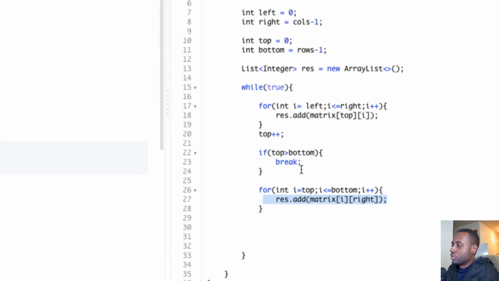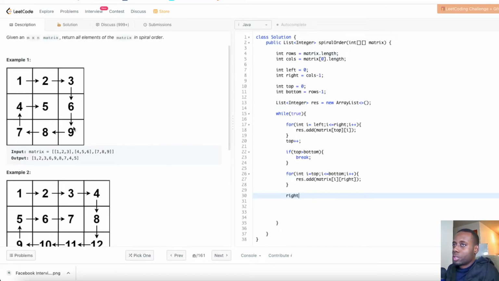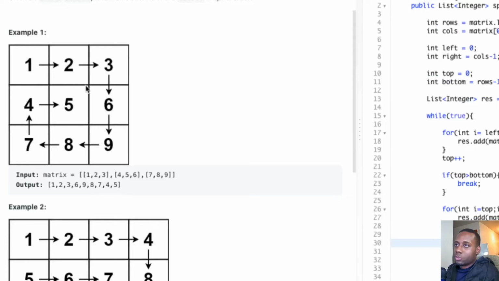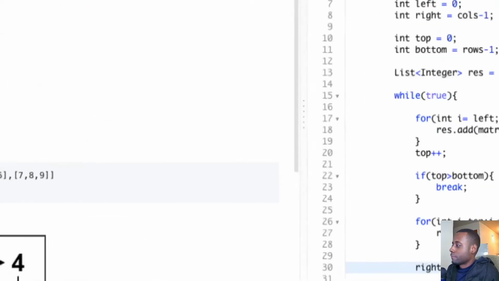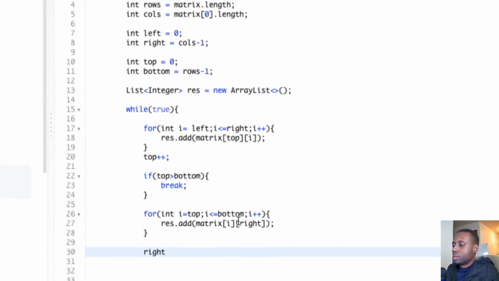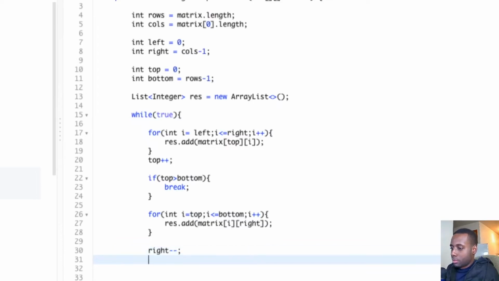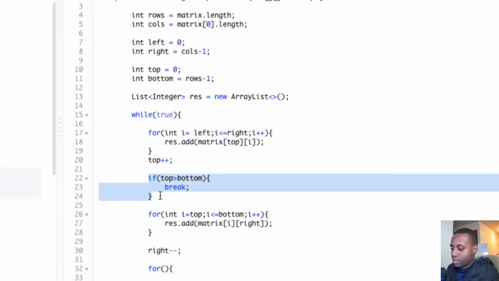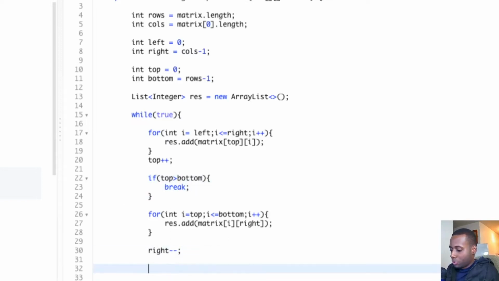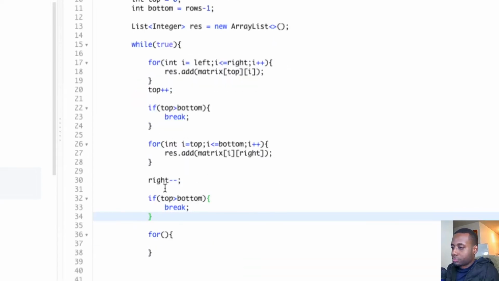So now we're in good shape. So now, guys, we just process all the elements right there. So we're going to have to decrement the right pointer, right? So now the space is going to only be right there, right? Only this square right there, right? After we do that, we're going to need to decrement the pointer, right? So the next thing that we're going to do, right? Don't worry, guys, I'm going to take care of that case as well. So after we decrement the right, we check